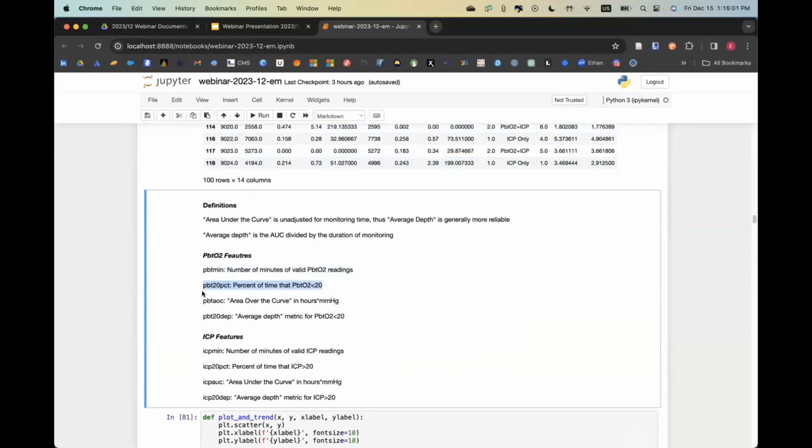That's a metric that they included. They included the area over the curve, so the amount of area that exceeds that 20 threshold, and then the average depth, which is just a normalized measure of that area measurement. So they do that for PBTO2 as well as ICP.